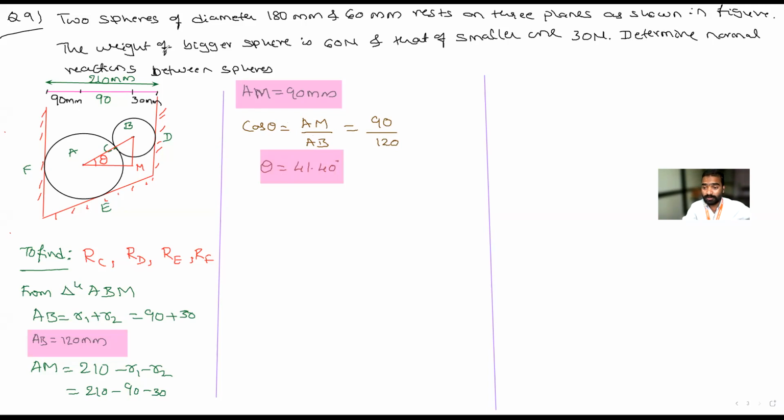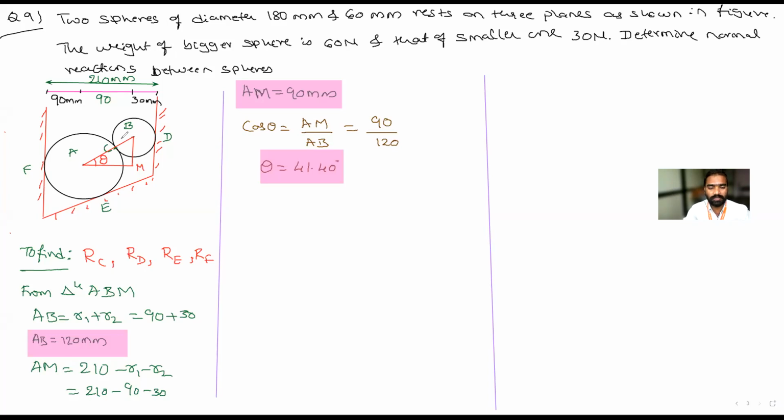Observe, I have taken almost 5 problems. In all the 5 problems, the first intention is to find the theta value. That theta is the angle made by the reaction between the two cylinders. Once we find that, the next step is applying Lami's theorem to any one of the cylinders which is subject to a lesser number of forces.